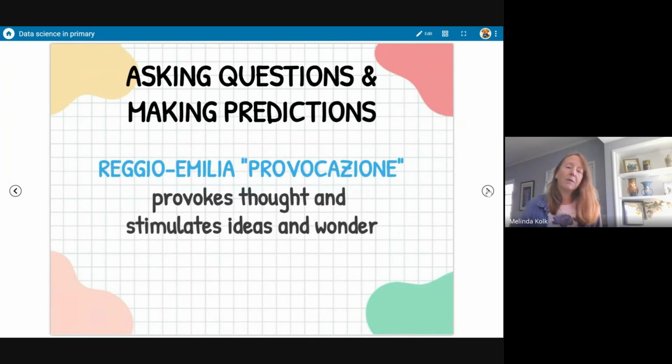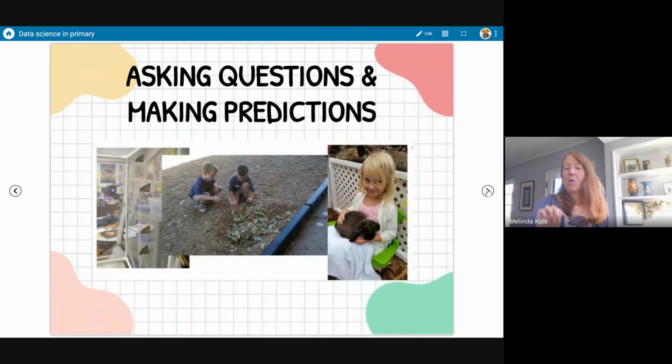and doing those prompts. This is something also that a lot of people do, coming out of the Reggio Emilia approach. I think it's called provocazione. I don't know how to quite say that, but it's sort of a situation. And rather than, I'll leave the definition up there for a half sec, I'm giving my students an experience or something like that photo. What am I showing them that is going to make them think about something and wonder? Because it's that wonder that is going to make them start asking questions.